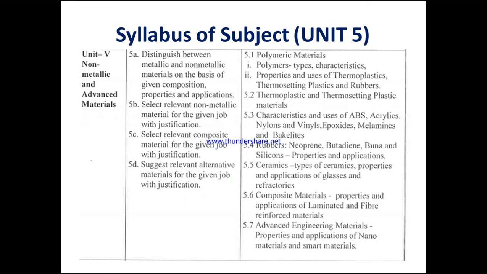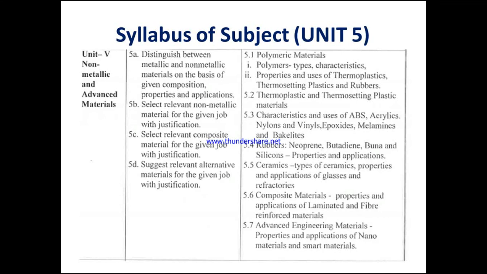Then the next one is ceramics. Then we have to study the different types of ceramics in industry. As in the case of an electrical fuse, we use ceramic because it is a bad conductor of electricity and heat. In a boiler also we have to use ceramics, so that a lesser amount of heat is transferred from the metal to the surroundings.